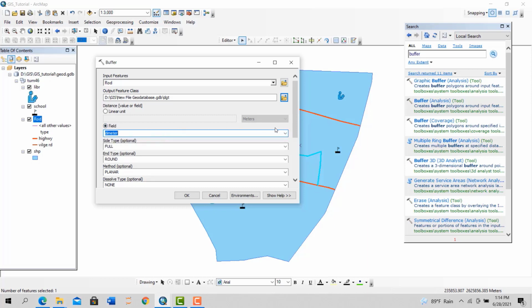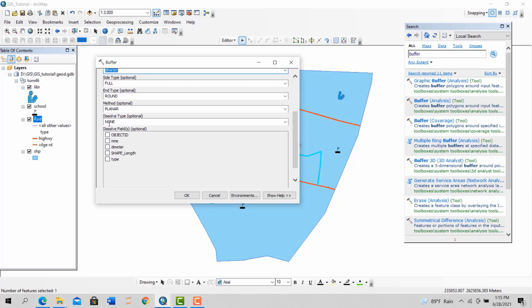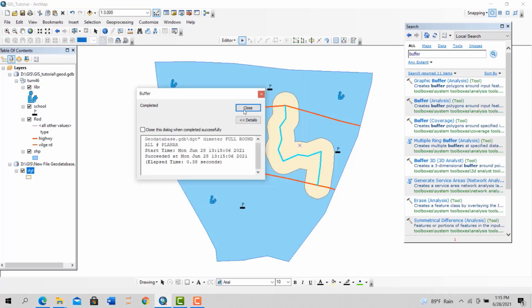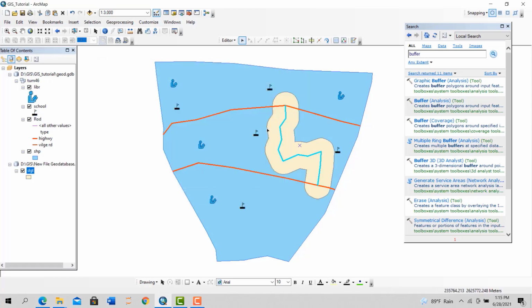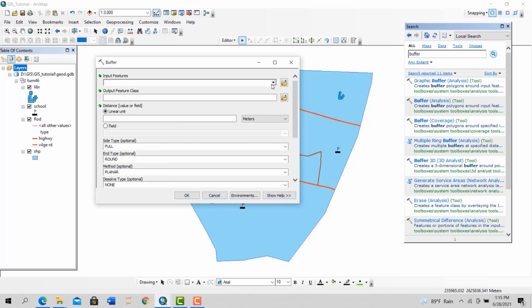Now diameter, again dissolve all. Let's see how it turns. Oh no, I have selected maybe this road, that's why it was deployed on just one road. So unselect that, then again go to buffer and do the same thing again,